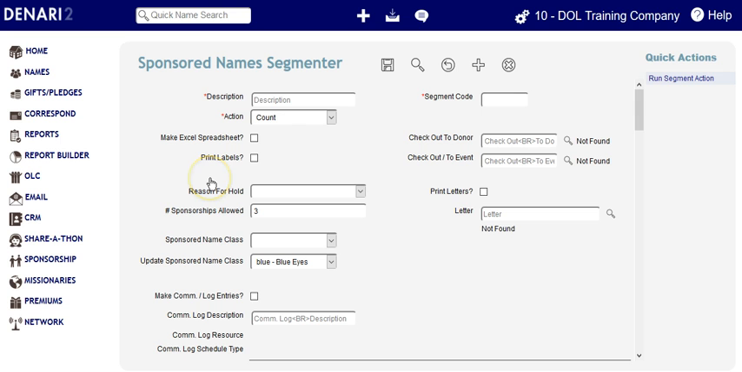Again, the purpose of the sponsored name segmenter is to identify sponsored names and output sponsored name information. But what if you want sponsorship information? Remember that a sponsorship is a pledge, so sponsorship information can be found in Pledge Segmenter. One of the things that makes reporting from Denari so flexible is that we can link segments together. Let's say that we want to find out which of our sponsors are behind in their sponsorship payments. Again, remember that a sponsorship is a pledge, so we can go to Pledge Segmenter and filter to find those